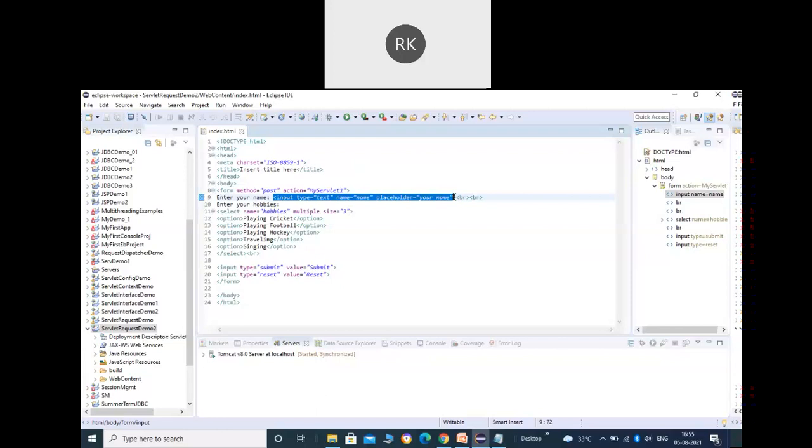Let me know if you don't know about the forms, then I have to tell you about the forms first. Are you all knowledgeable about HTML forms? Yes, sir, I know a little bit. Okay.